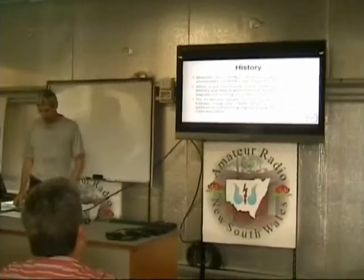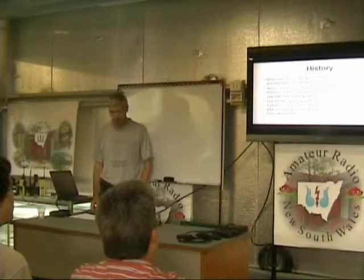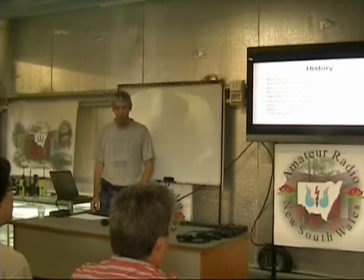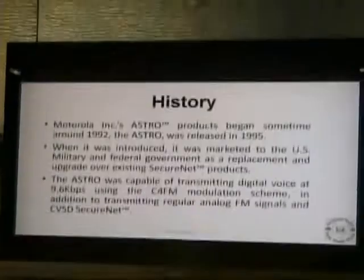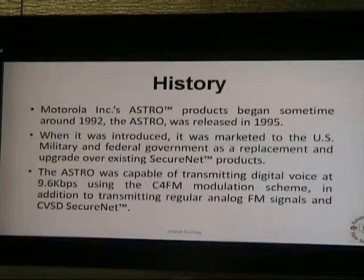Okay, to start off, a little bit of history. Motorola's Astro products began sometime around 1992. The Astro was released in 1995. It was marketed to the US military and the federal government as a replacement for, and an upgrade to, the existing SecureNet products that they had been using previously. The Astro is capable of transmitting digital voice at 9.6 kilobits using the C4FM modulation scheme, in addition to transmitting regular FM signals which can be decoded on a normal radio, so they're backwardly compatible with normal